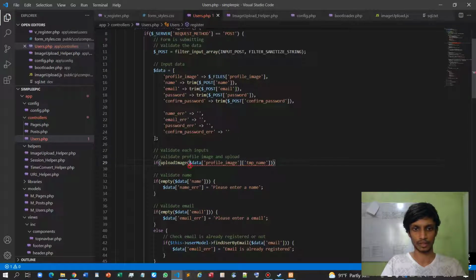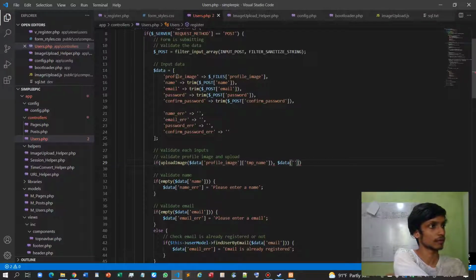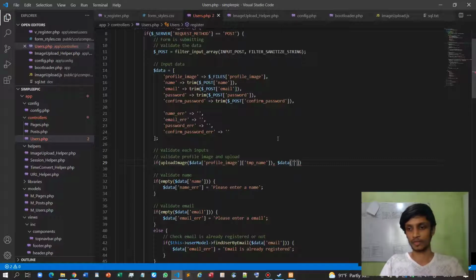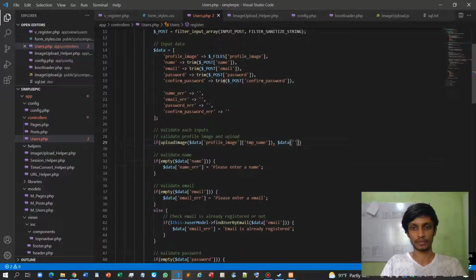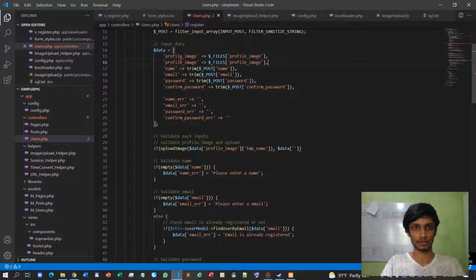Why is it showing an error? Yeah, because we haven't passed the required parameters yet. Then I will take the profile image name as well. So whenever I'm taking the profile image name, I need to do a few more things,